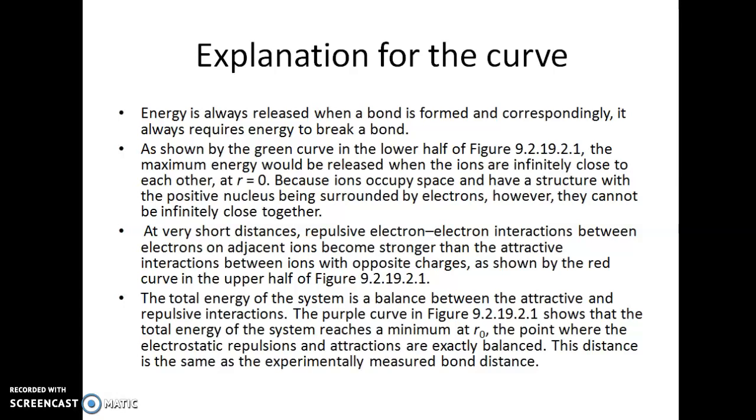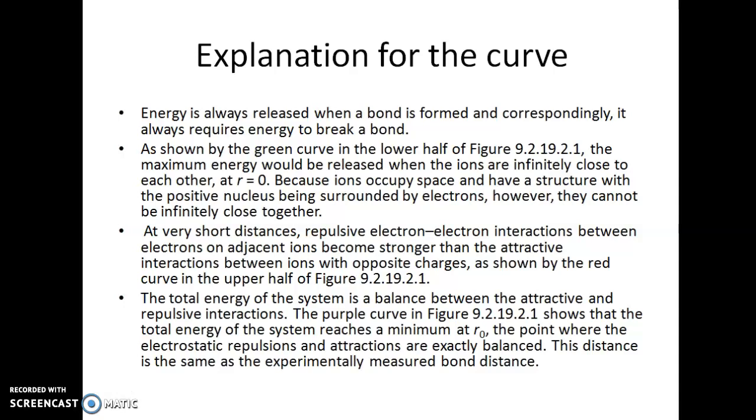So at very short distances, the repulsive electron-electron interactions between the electrons on adjacent ions become stronger than the attractive interactions between the ions with opposite charges, which are shown by the red curve in the upper half. So the total energy of the system is the balance between the attractive and the repulsive interactions. The purple curve in the plot shows the total energy of the system, which reaches a minimum at r0, the point where the electrostatic attractions and repulsions are exactly balanced, and the distance is the same as the experimentally measured